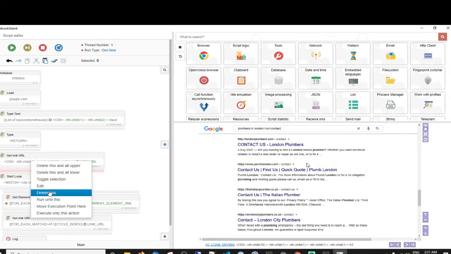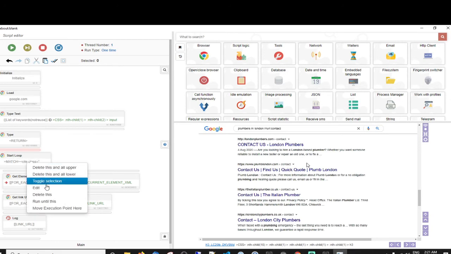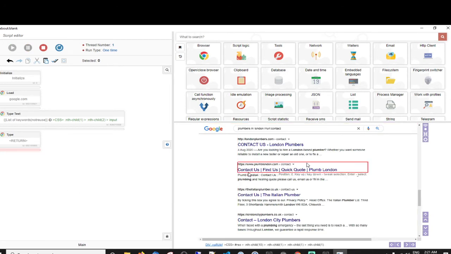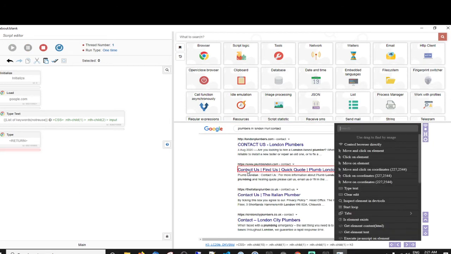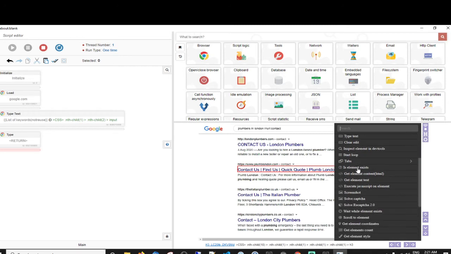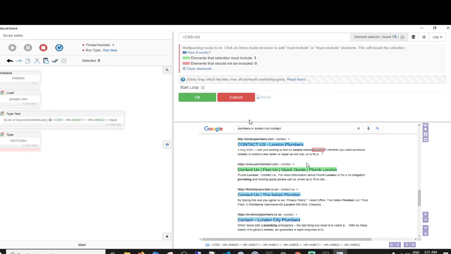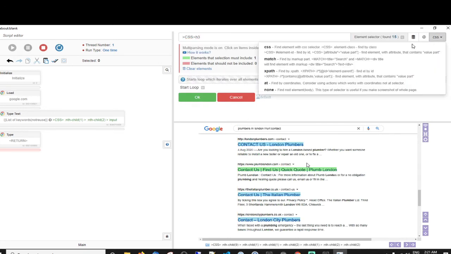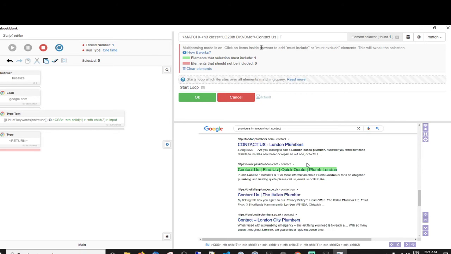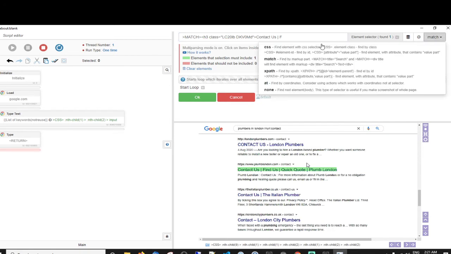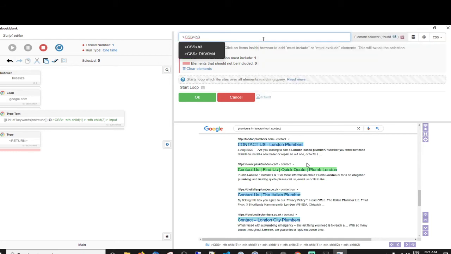Right, this is what I'm going to do. This is how it's going. Start loop. It's not the actual H3s that I want though, is it?